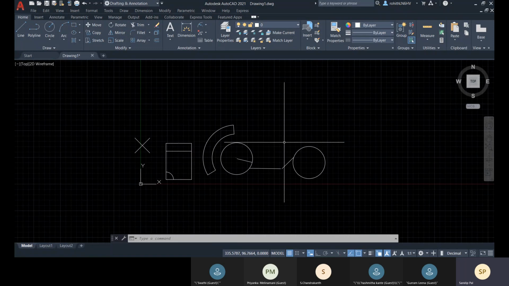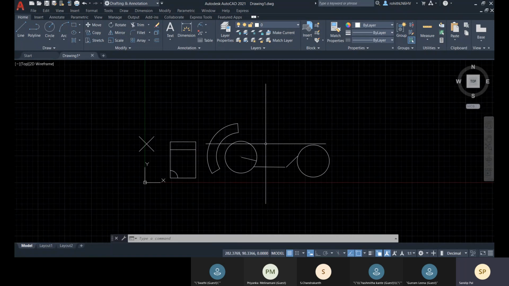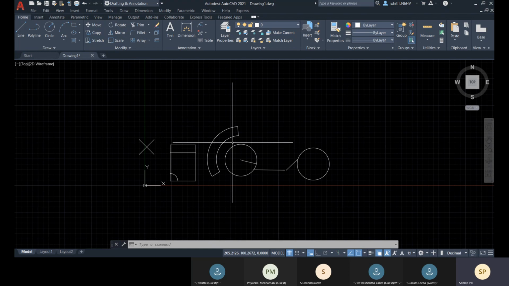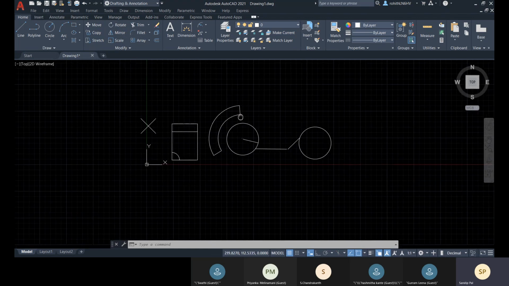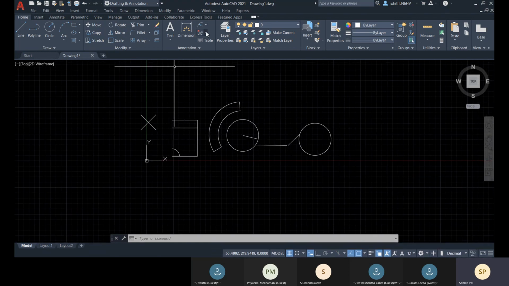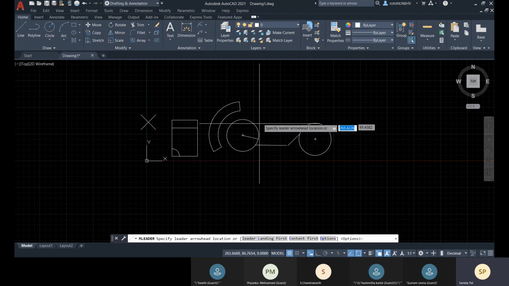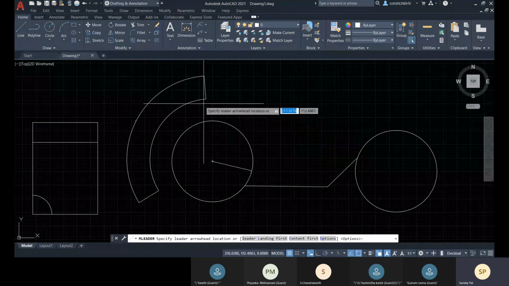First of all, what we need is some more leaders there. So let's go with some more leaders there.